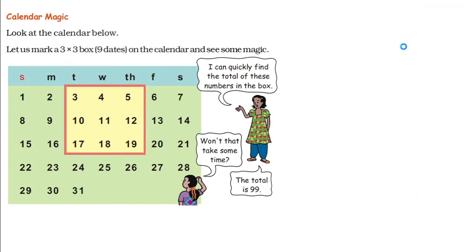Calendar magic. Look at the calendar below. Let us mark 3 cross 3 boxes, means 9 dates. Here 3 cross 3 dates means 9 dates are marked under a square. We have to calculate the sum of these numbers. How can we calculate the sum of these numbers? We have to choose the smallest one. Which is smallest among these? Smallest number